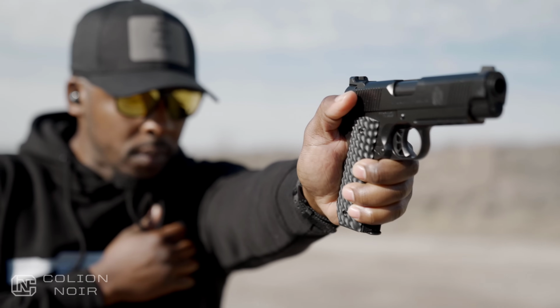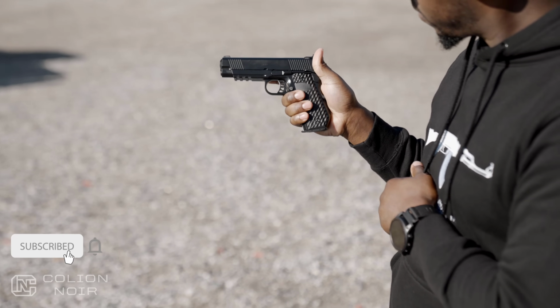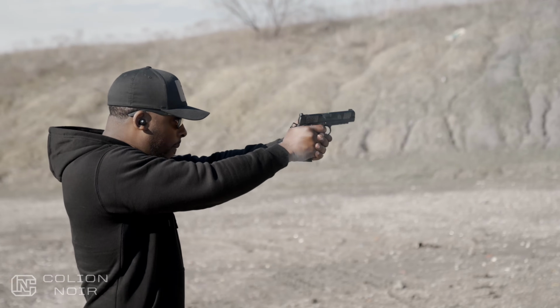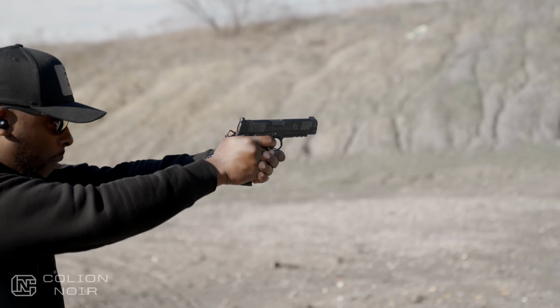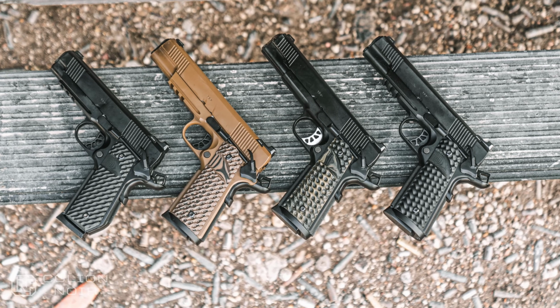Because of the shorter grip, the flush magazine has a capacity of 7 rounds instead of 8. Honestly, the 8-round magazines work and look just fine in the gun and don't make the gun that much bigger. So if I ever carried this gun, I would definitely carry it with the 8-round magazine. Now, those are the things that separate the compact from the full size. Everything else I'm about to talk about applies to all of the new TRPs, the compact and the full size,